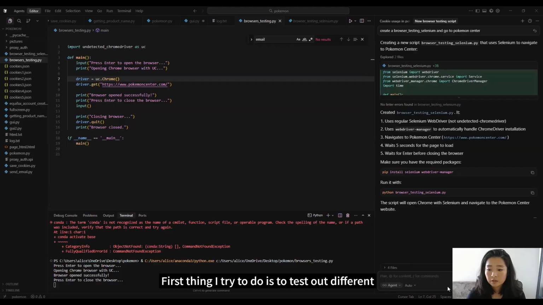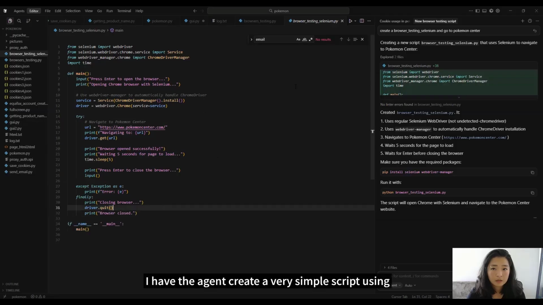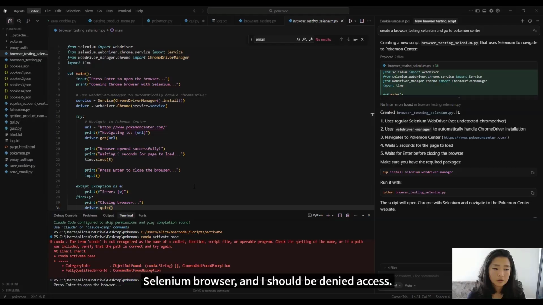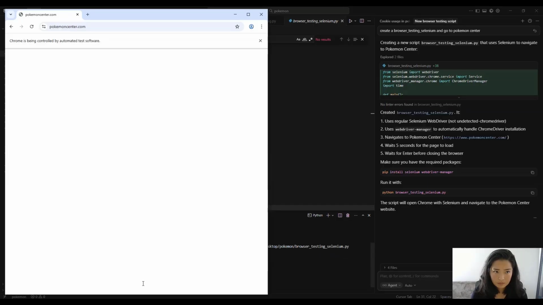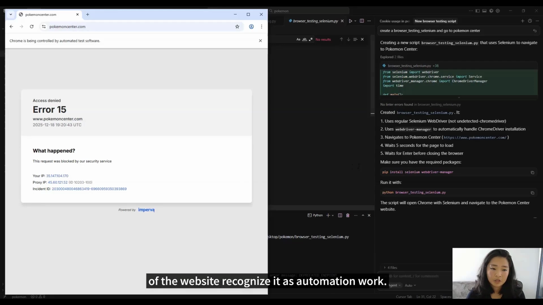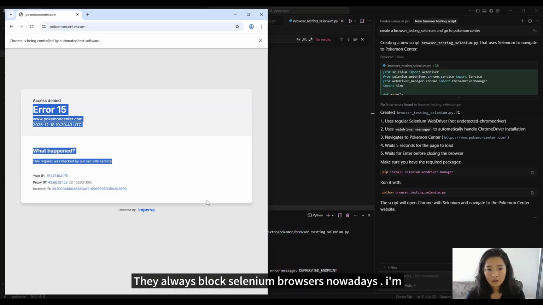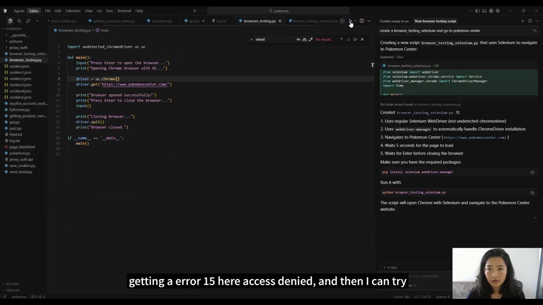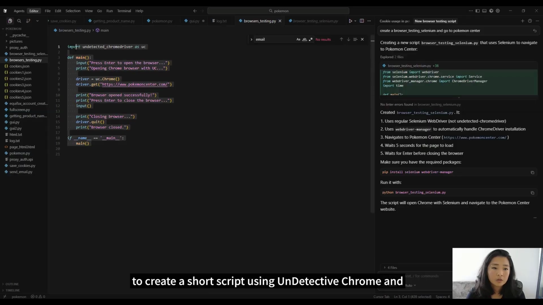First thing I try to do is to test out different browsers I can use to access PokémonCenter.com. I have the agent create a very simple script using Selenium browser, and I should be denied access. A lot of the time with Selenium browsers, most of the websites recognize it as automation work. They always block Selenium browsers nowadays. I'm getting an error 15 here, access denied, and then I can try to create a short script using undetected Chrome